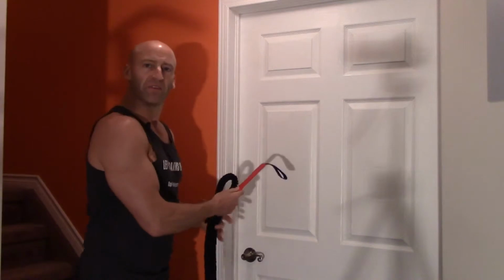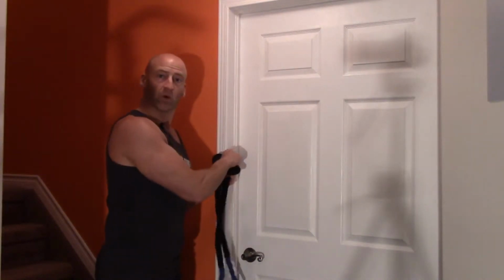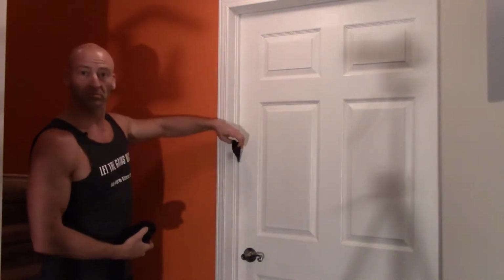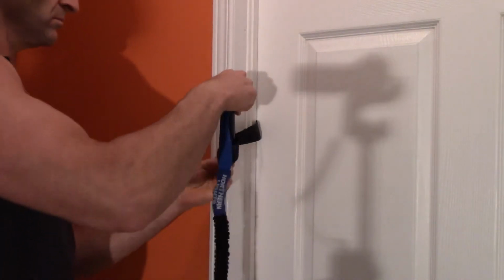Something that you can put on the other side of a door. Now, I'm going to be putting it on the open side of the door. It can also be put into the hinge side if you can fit it in there, just so you can see what's happening here. This leaves a little loop open up on the outside, which you can use to put the band through